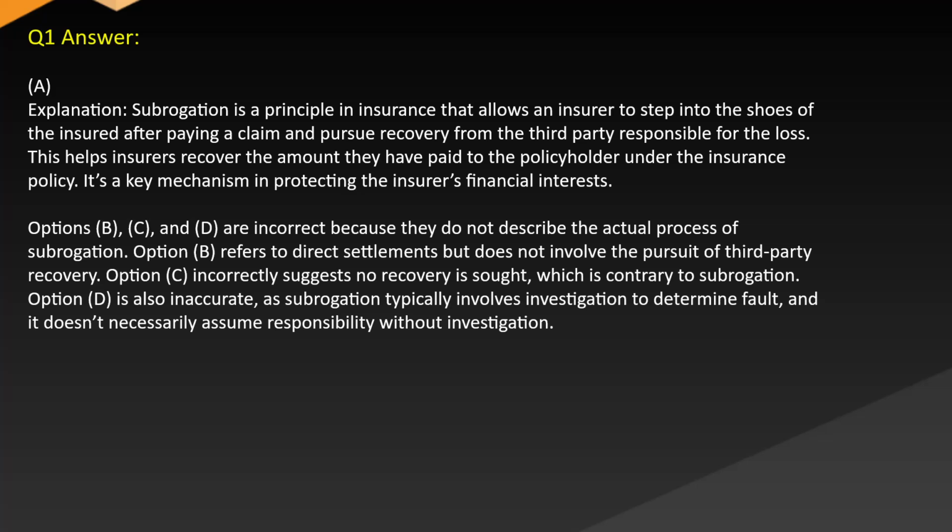Options B, C, and D are incorrect because they do not describe the actual process of subrogation. Option B refers to direct settlements but does not involve the pursuit of third-party recovery. Option C incorrectly suggests no recovery is sought, which is contrary to subrogation. Option D is also inaccurate, as subrogation typically involves investigation to determine fault and it doesn't necessarily assume responsibility without